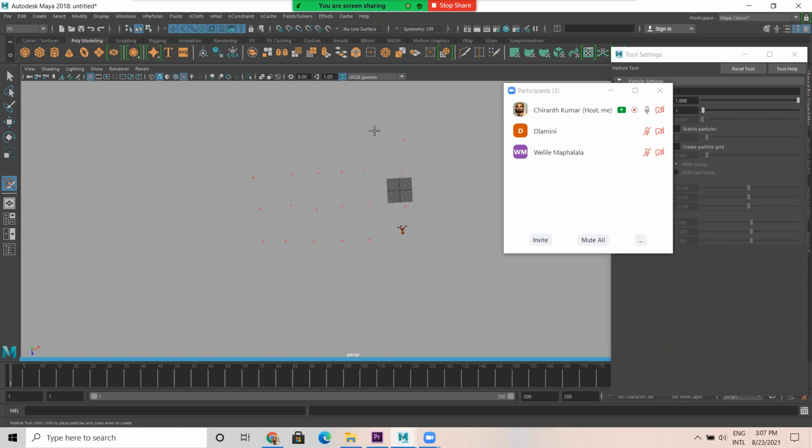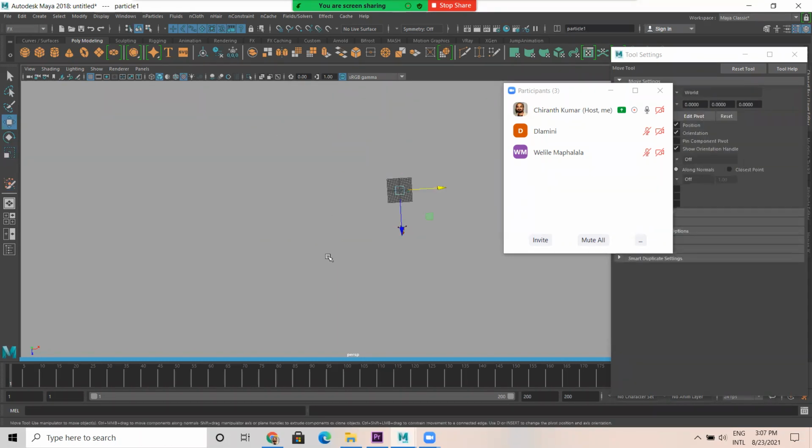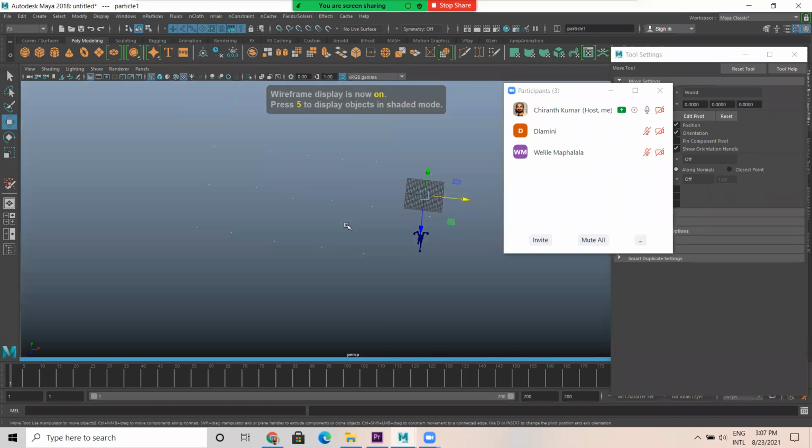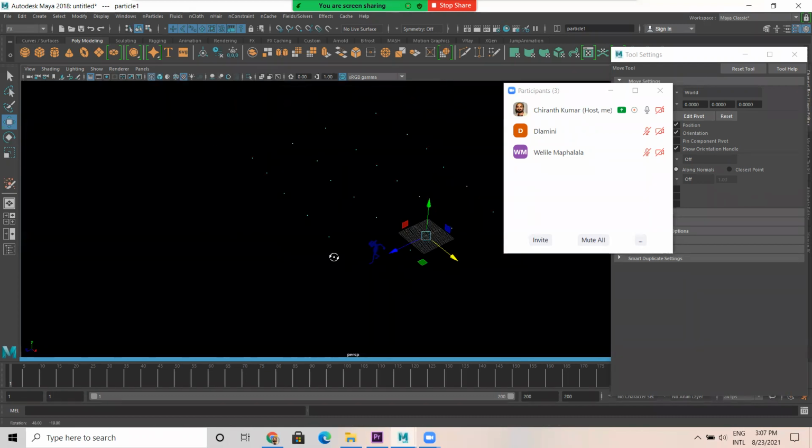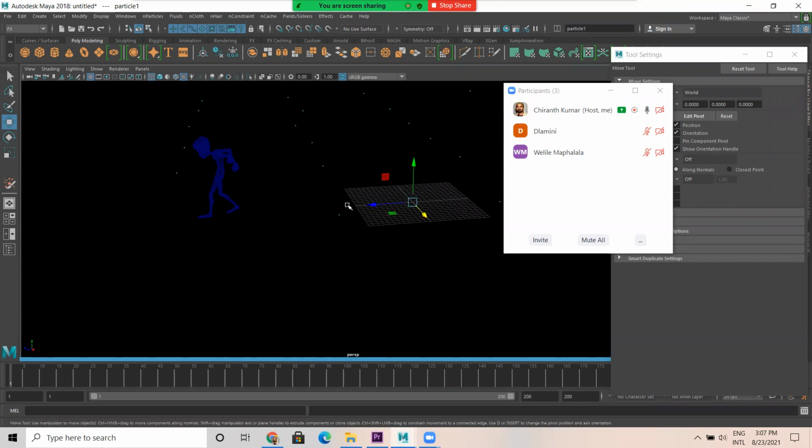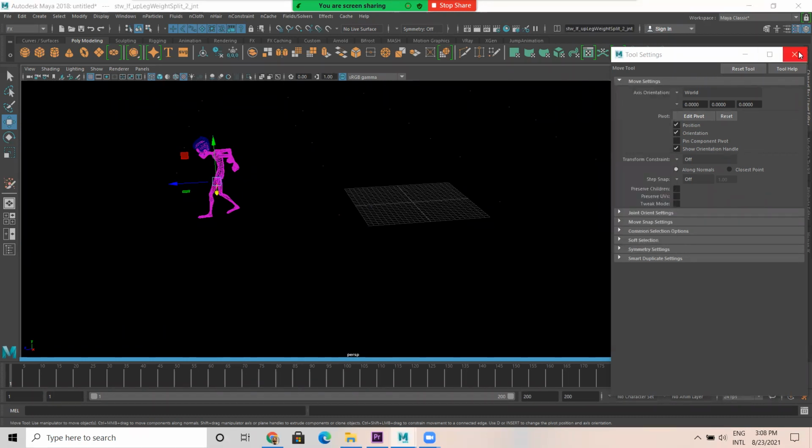You might have seen, for example, Kung Fu movies or Kung Fu trainings. Assume there are so many people practicing Kung Fu. So here, there are so many particles. We have this many particles now. Wherever this particle is, I want this particle to be replaced with this character. So I'm selecting this character. I need to select the character for that.